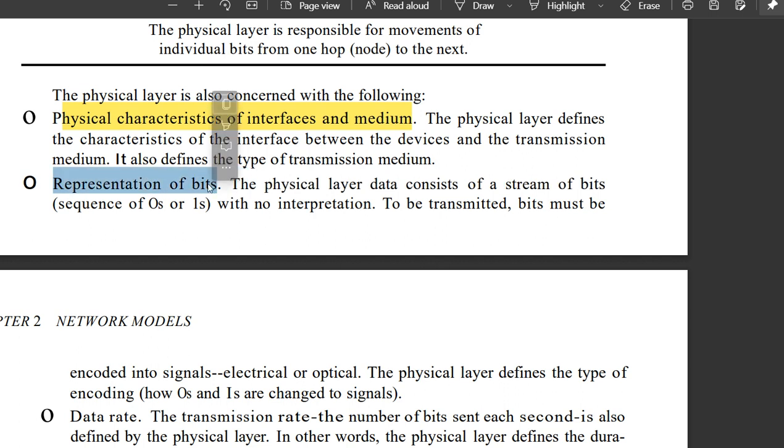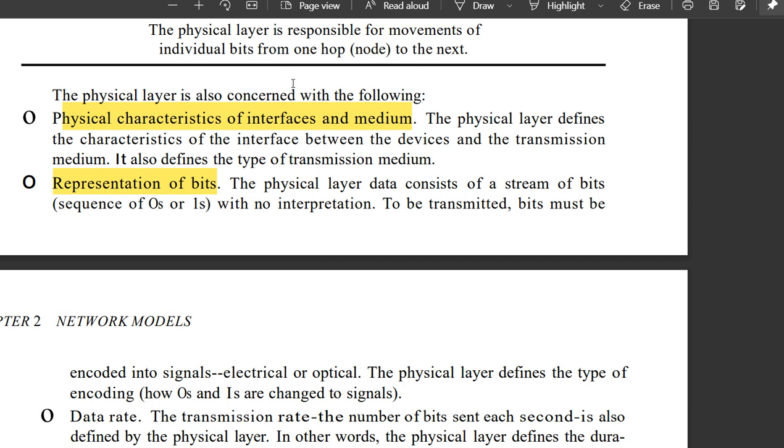Representation of the bits in the sense that all bits are represented with the help of bit streams, that is zeros and ones. Whether the sequence of zeros and ones is followed correctly or not is the responsibility of the physical layer. Whatever data comes from the sender to the receiver, whatever the sequence of zeros and ones is, the same sequence must arrive at the receiver side.